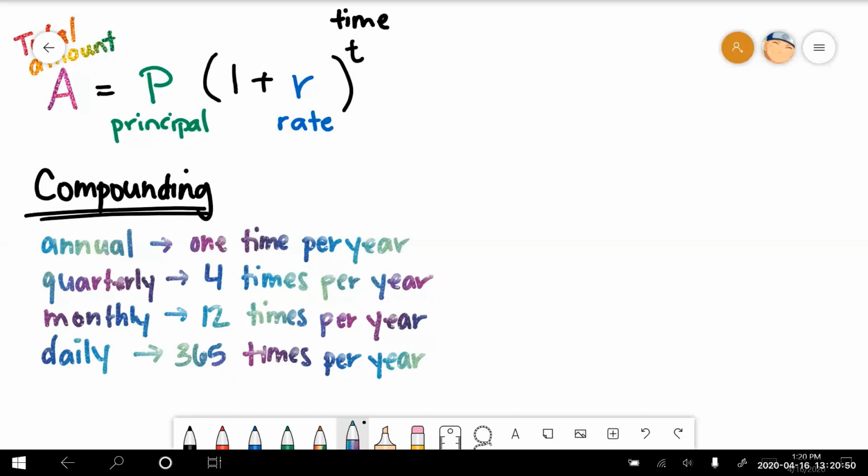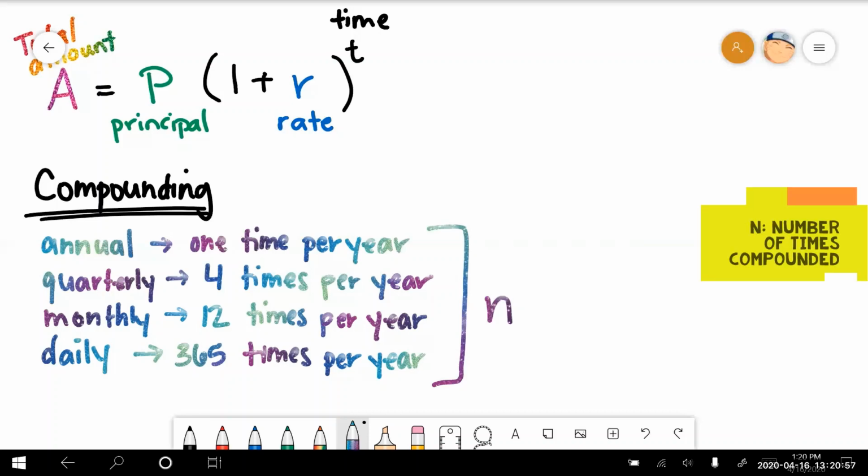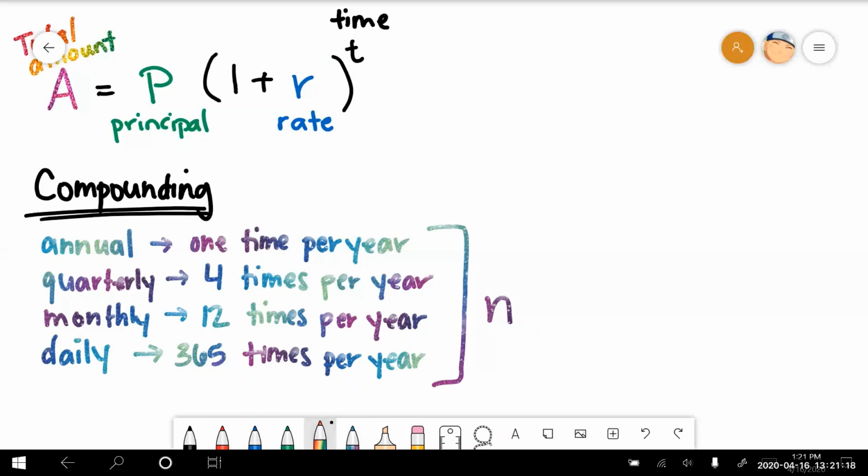We'll focus on these guys, and we're going to give all of these guys the variable n. Okay, when we use this variable n, it means that we're going to divide the rate up into however many times you're compounding, and we're also going to multiply that by the actual years, or the time, that you've been given. Okay, so in other words, going back to our interest formula,